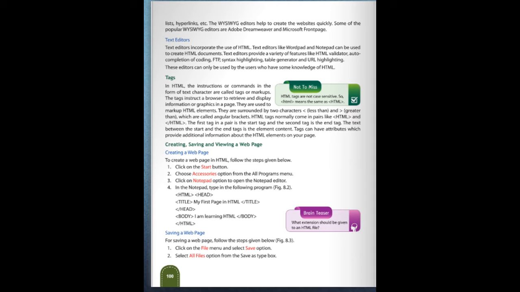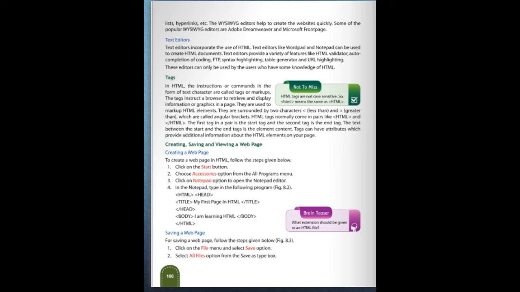So they are surrounded by the characters less than and greater than. So these tags we have to write with the help of these two symbols, less than and greater than. Whatever is written in between these two symbols is treated as the HTML tag, which are called angular brackets.